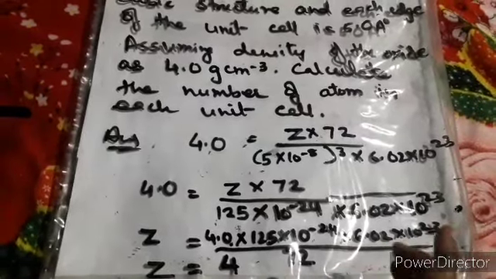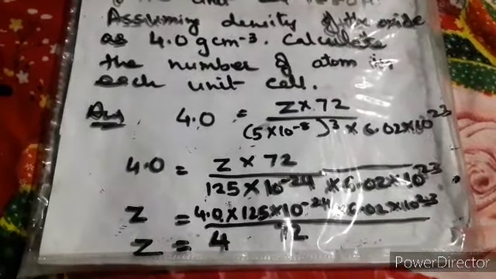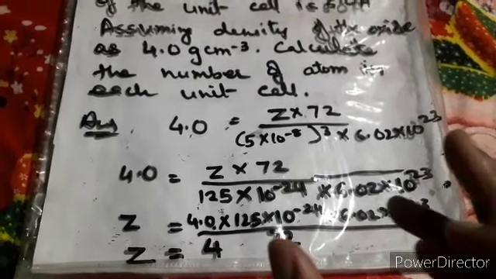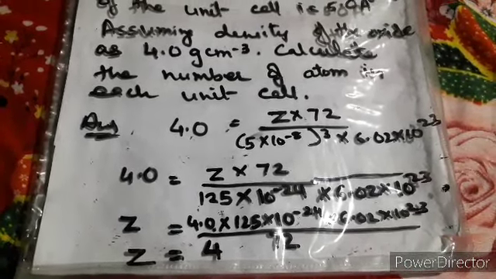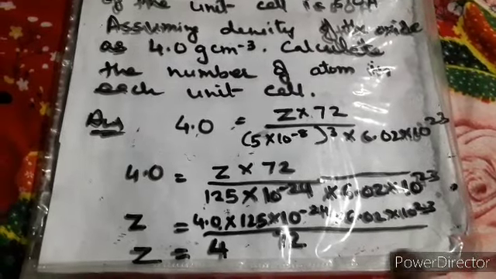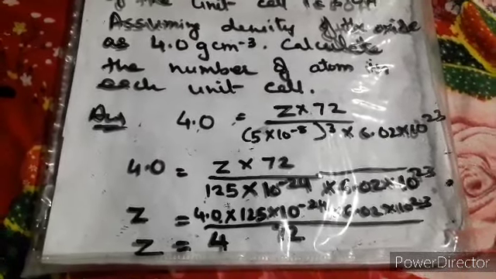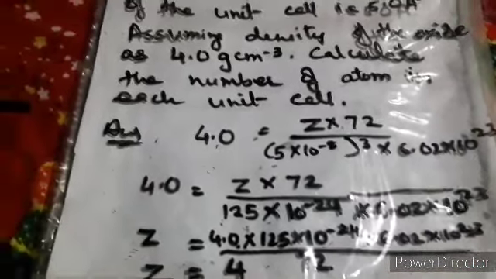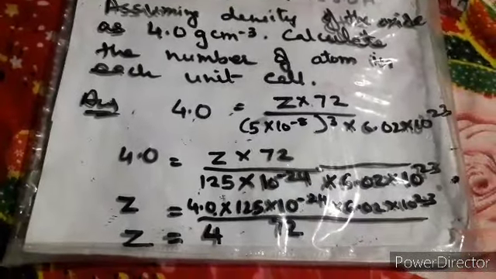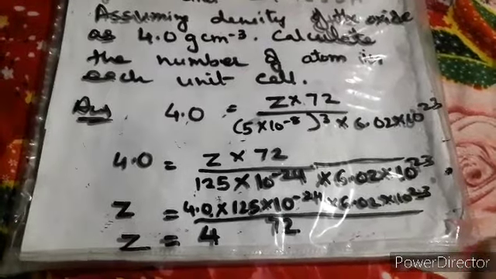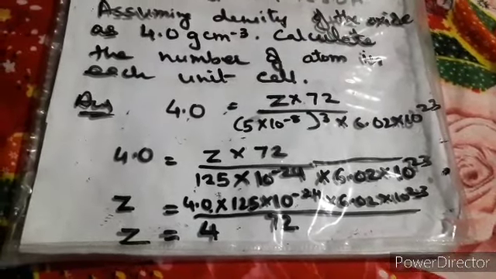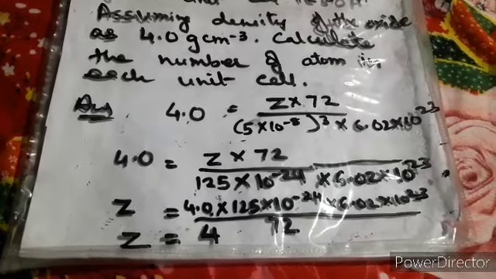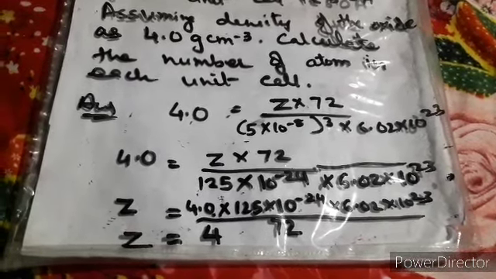Now one more thing, I was telling you that this is the way you can calculate the value of Z, but in my numerical, I have given you to calculate the number of atoms in the unit cell, but it's not necessary. They can also give you the same pattern in this. I want to tell you that also, so that if a numerical comes like that, you will follow the same pattern. The only thing I am changing a bit is the question: what will be the number of Fe plus 2 and O minus 2 ions in each unit cell.